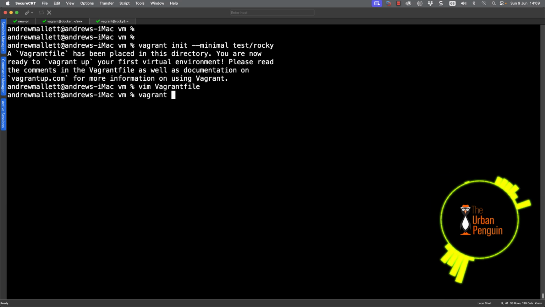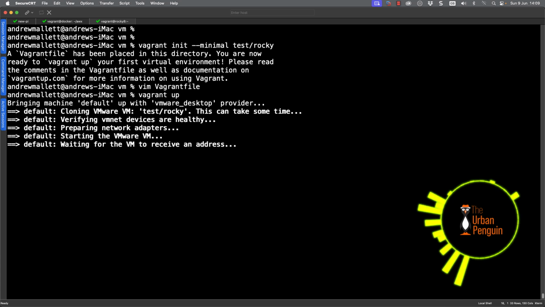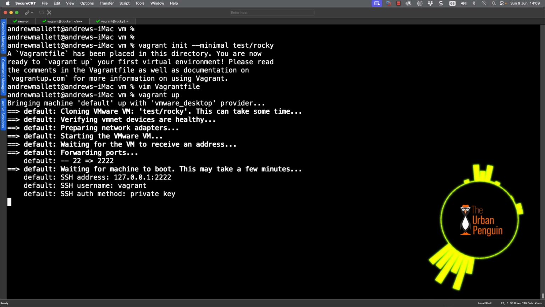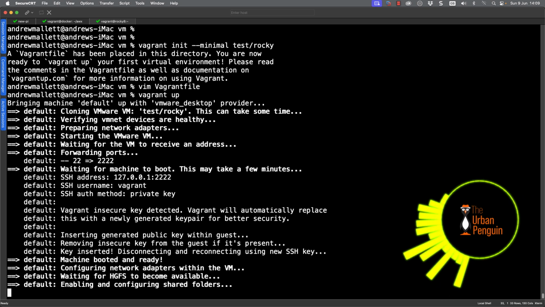And when we're ready to go, we can run our Vagrant up. So this will then clone the virtual machine, creating a local copy to be fired up as your virtual machine. This is what I love about Vagrant, it's so easy to create and destroy virtual machines. So brilliant for testing, brilliant for administrators, brilliant for developers, brilliant obviously for DevOps.